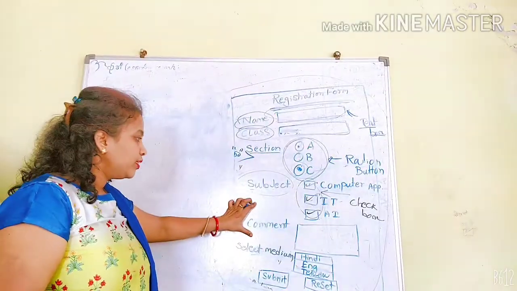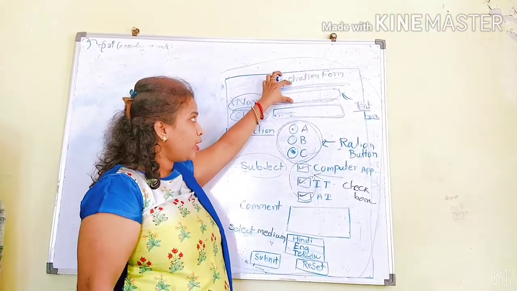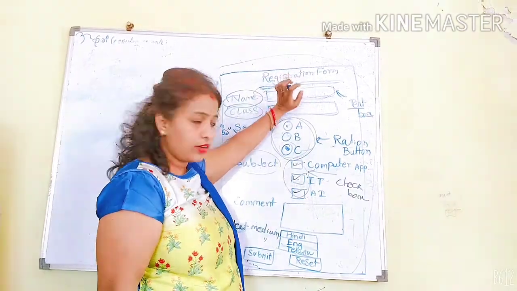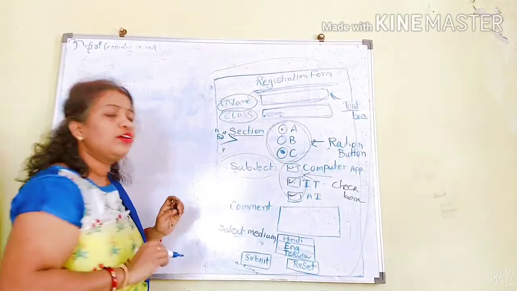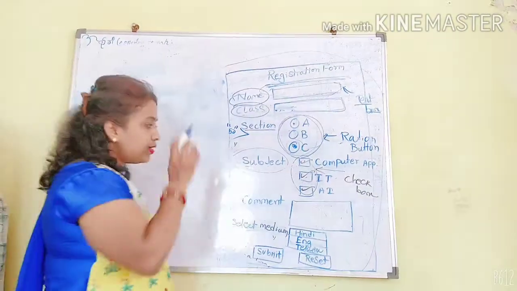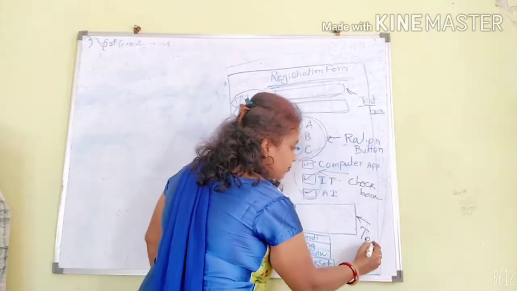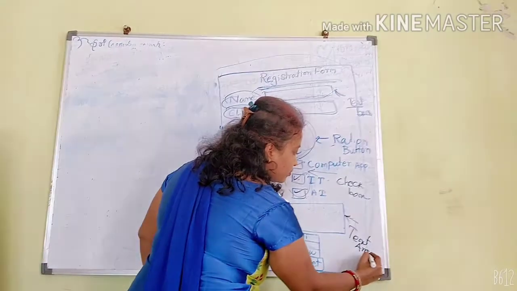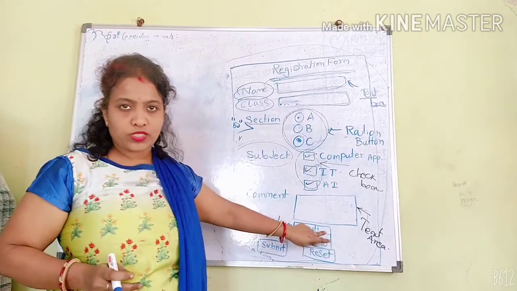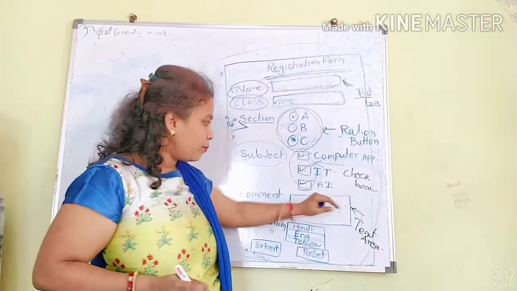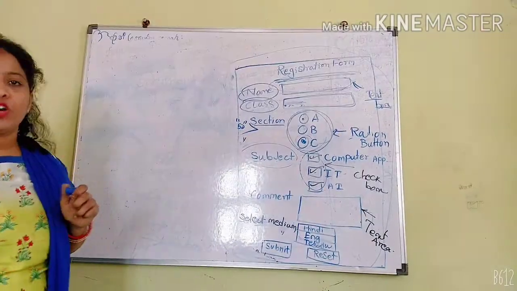Okay, the next is comment. See here, I was saying that we are using a single line field, or single line control, but this box is somewhat larger than the previous one, right? Here we can say this is not a text box, it is a text area. That means it is a combination of some text boxes, or it can be enlarged by providing a row number and a column number.